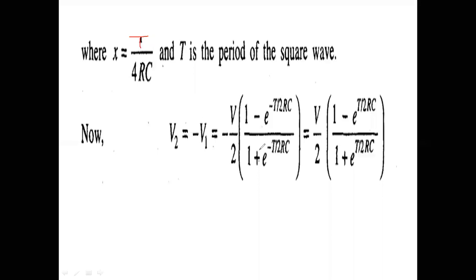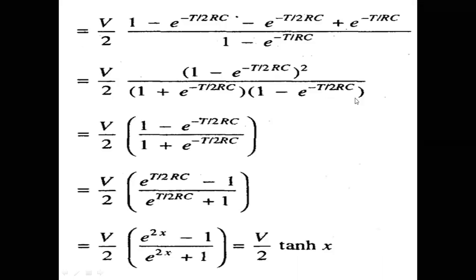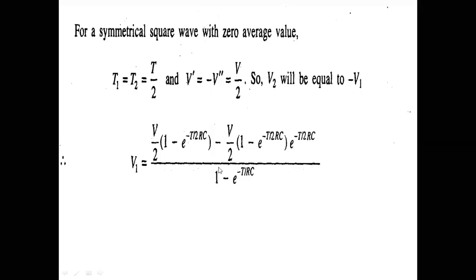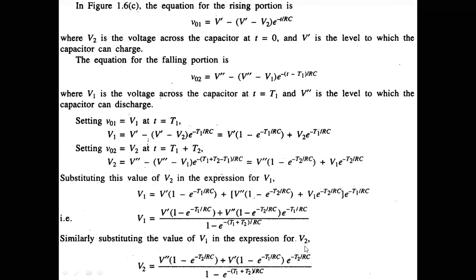Otherwise, if you feel any difficulty with this derivation, there is no need to write in terms of tan. It is not necessary. You can simply stop here also. Simply find out V1 and V2. It is further simplified and we derived it into tan to get a shortcut voltage, in order to remember the output voltage. Otherwise, these are the final voltages, V1 and V2, we have derived here. We can stop here also.